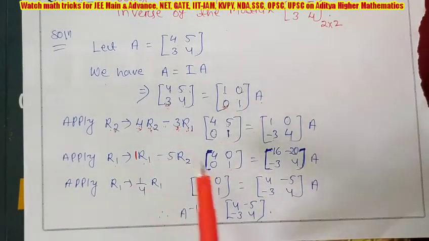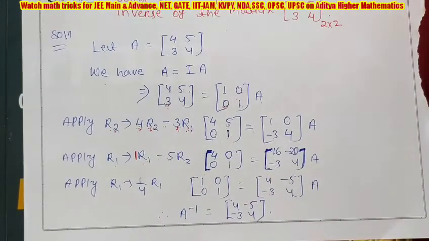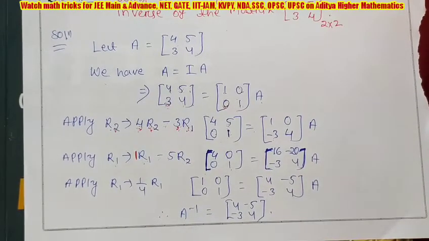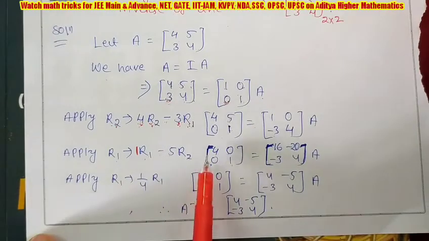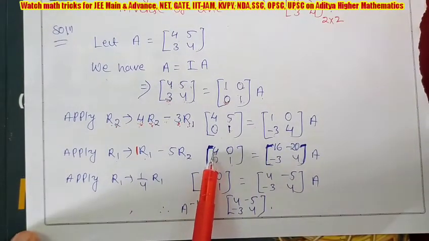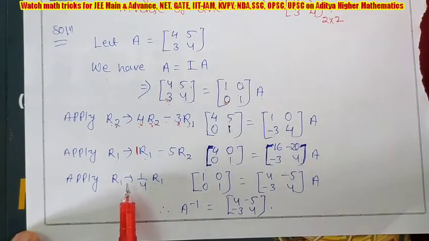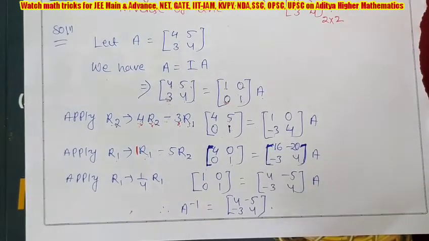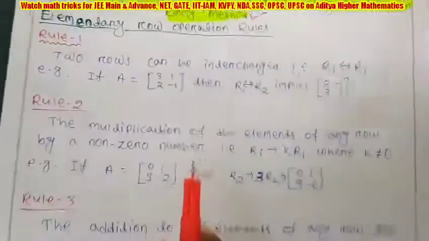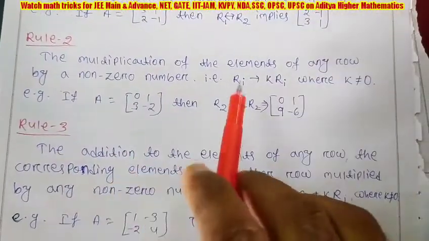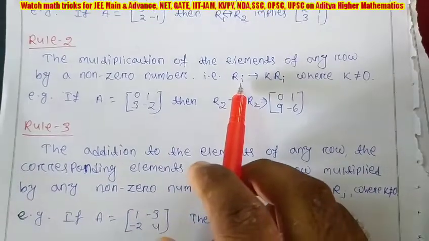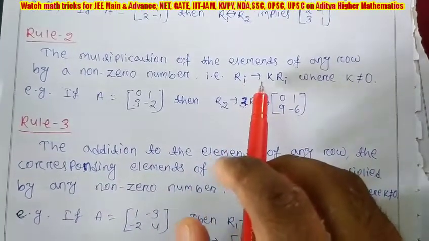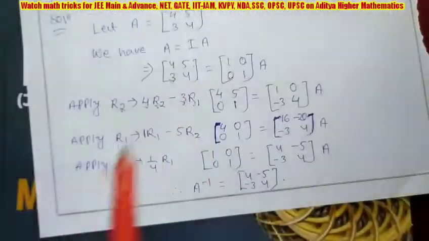So in 2 steps we are getting 2 zeros. Next aim is to make 1. And making 1 is nothing difficult. You only have to multiply by the reciprocal of the number given. You see it is 4 given. So you have to multiply R1 by 1 by 4, because of the rule I told. This rule I have already explained: the elements of any row you can multiply by a non-zero constant. That rule I am applying here.